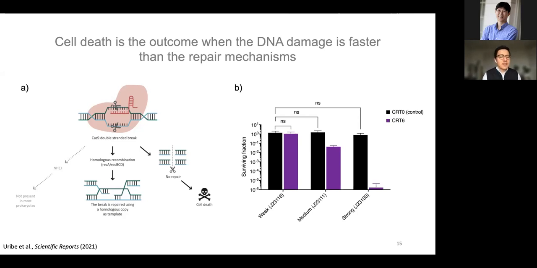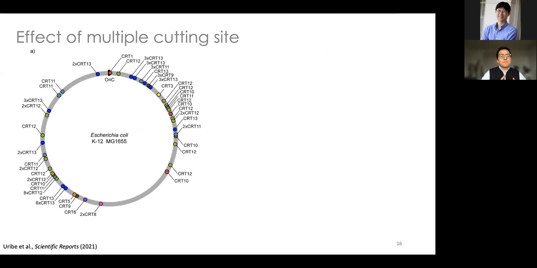Next, we wanted to find out if there would be a better effect by having multiple targets in the chromosome. So what we did was that we searched for sites in the chromosome of E. coli that would be repeated multiple times. This way, by using 1 guide RNA, we would target multiple sites at the same time. And the idea would be that if you target 1 site, it would be less toxic than targeting 2 or 3 or multiple sites in the chromosome.